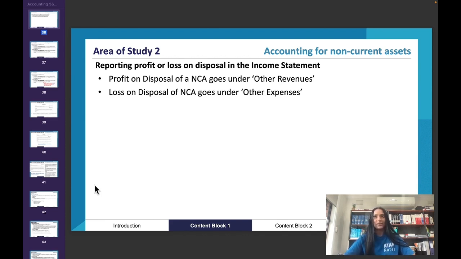because that's the business's main source of revenue. And so that's why in the order of the income statement, we have expenses and revenues that are related to inventory first, because those are kind of the most important revenues and expenses, because those are revenues and expenses related to the business's main source of revenue. And then after we have those really important revenues and expenses that are related to the sale of inventory, we then have other revenues and other expenses, because those are still really important to the business.